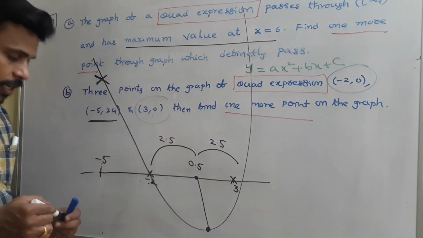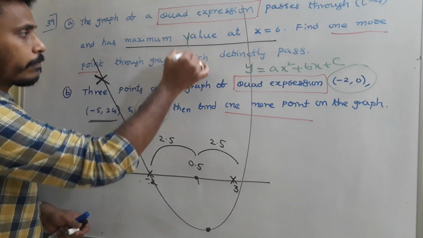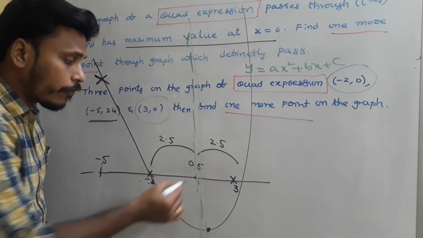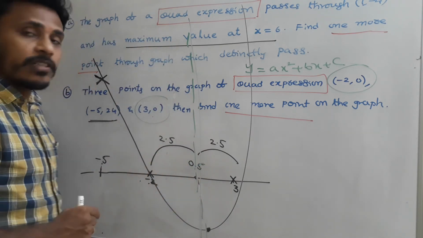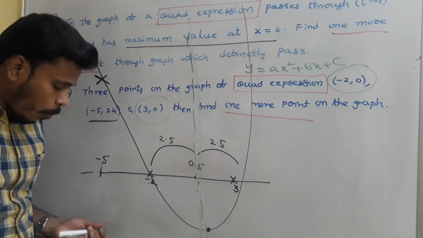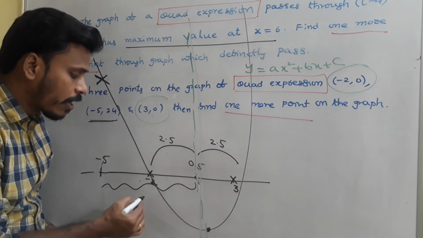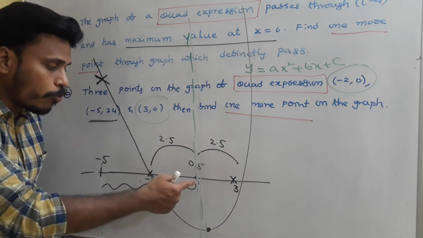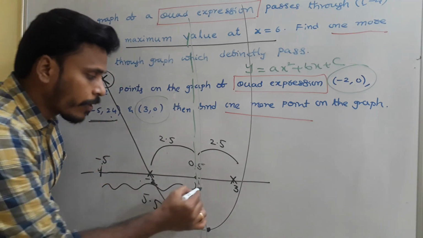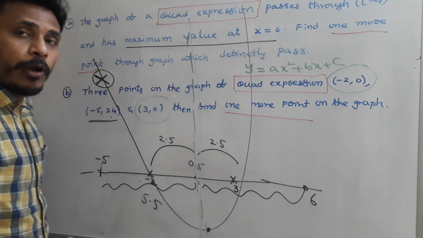As we discussed in the previous case, at this 0.5 exactly, you will have a symmetrical line. Since we have a symmetrical line at this 0.5, from here the graph behaves in the same manner. So from 0.5 to minus 5, what is the distance? This gap is 5.5 units. If you move 5.5 units to the left side, the corresponding point on the graph is minus 5 comma 24. If you move 5.5 units to this side, that is, at 6, add 5.5 to this 0.5.